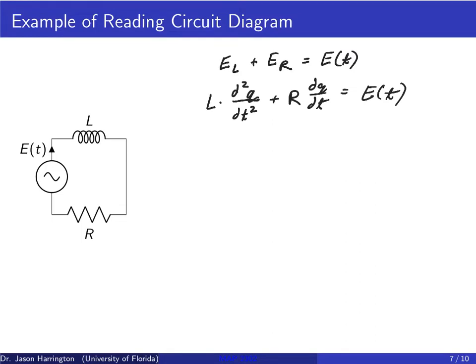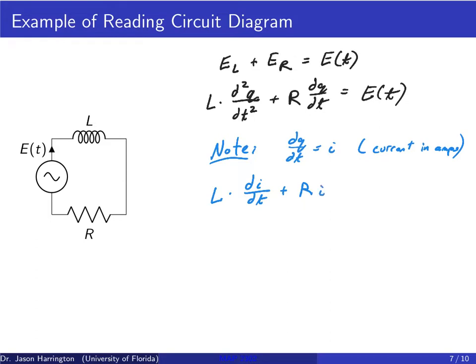And if you make a note here, note that dq over dt is just equal to I, where we have I as the actual current, and typically the current is in amps. Okay, so now if I write in terms of this, that's the same thing as saying L times di divided by dt plus Ri is equal to some electrical energy source.